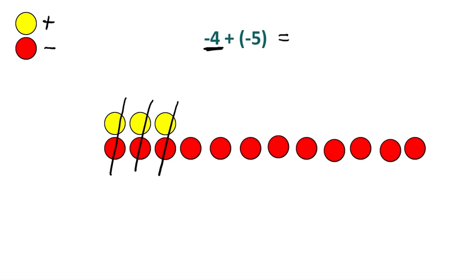That does not count towards my displacement number. So if I count my red counters, I can see that I have 9 of those counters, and each counter represents a negative number. So I moved in the negative direction 9 times, or 9 units, 9 steps, if that makes sense. All right, so in the next few videos, I'm going to unpack how we represent this on a number line.